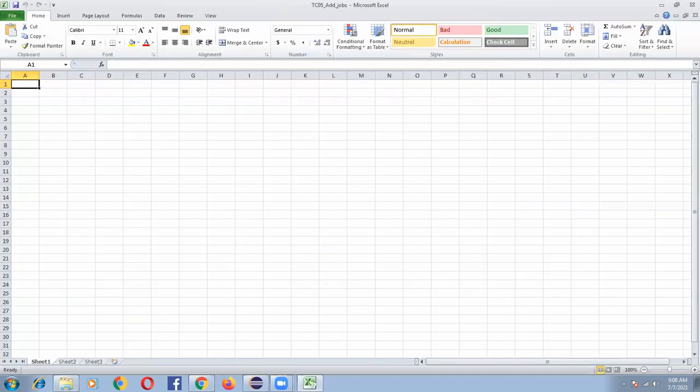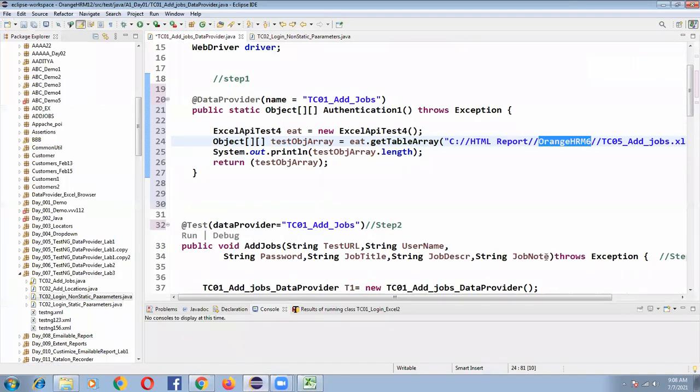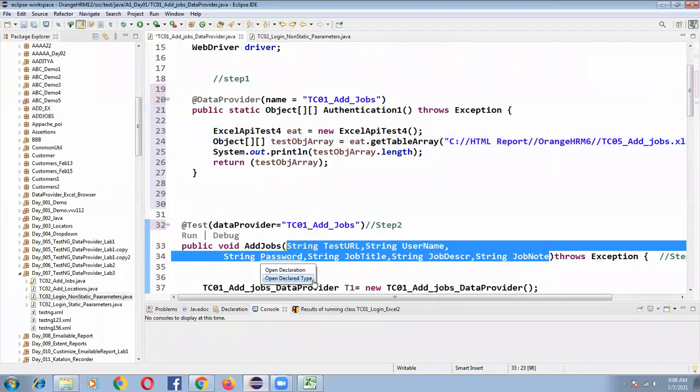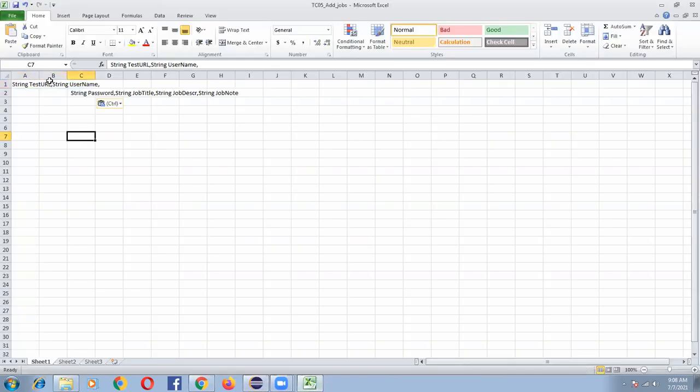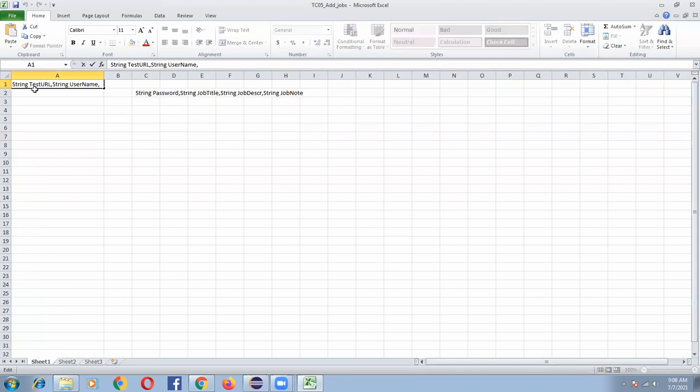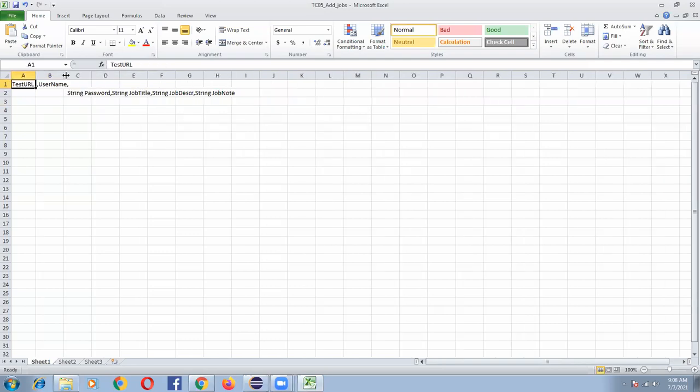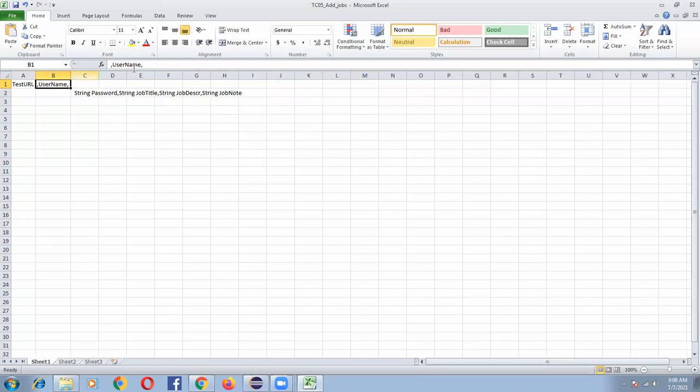I want to give the input parameters. See, these are the ones. Let me copy these input parameters. First one is test URL. Second one is username. Third one is password.